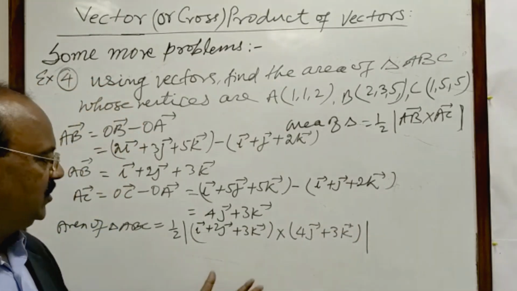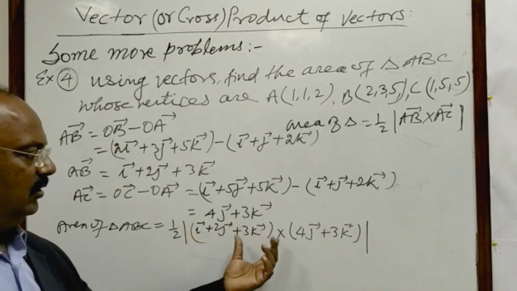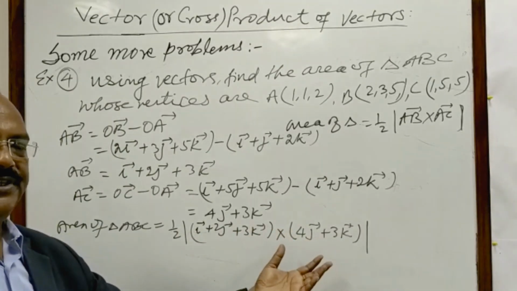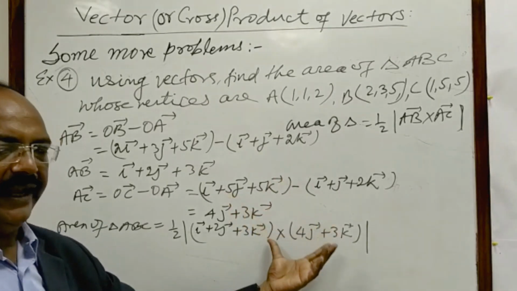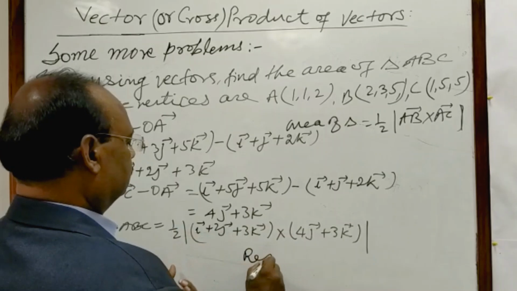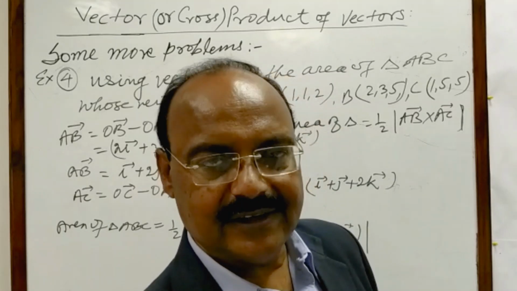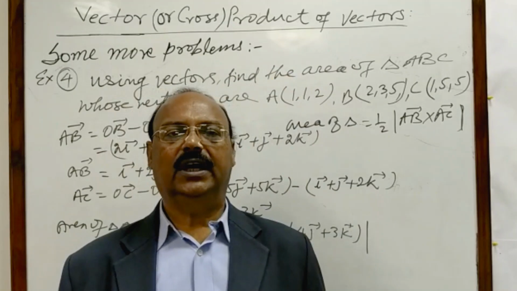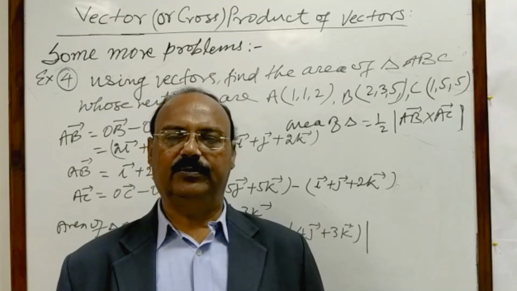In the previous question, we have already discussed with the help of a determinant how to get the cross product of two vectors. So now you can proceed with this question very easily. You will get the cross product of these two vectors, get its magnitude and divide this magnitude by 2, and you will get the result. So dear students, questions on the cross product of vectors are very interesting. However, I suggest you do some more practice so that you have a proper command of this topic. So please continue watching my videos so that you can benefit properly.